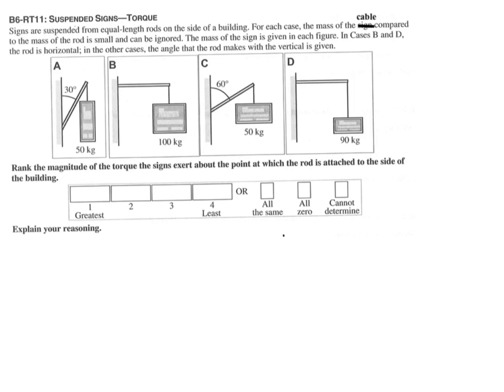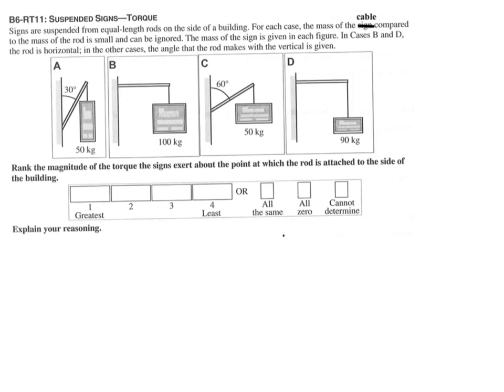Sample problem 11-01. Signs are suspended from equal length rods on the side of a building. For each case, the mass of the cable compared to the mass of the rods is small and can be ignored. The mass of the sign is given in each figure. In cases B and D, the rod is horizontal. In the other cases, the angle the rod makes with the vertical is also given. Rank the magnitude of the torque the signs exert about the point in which the rod is attached to the